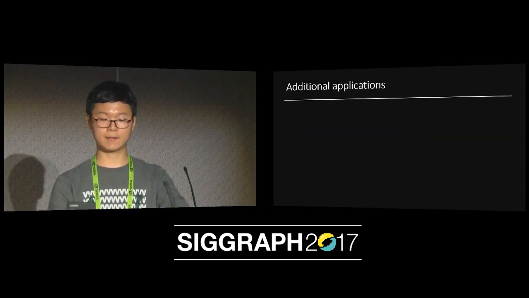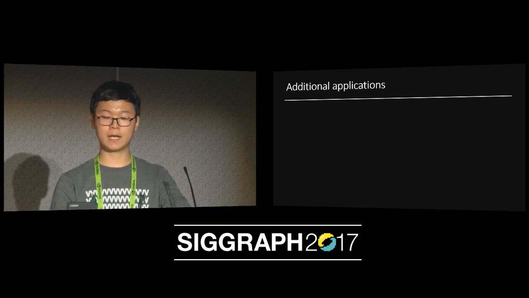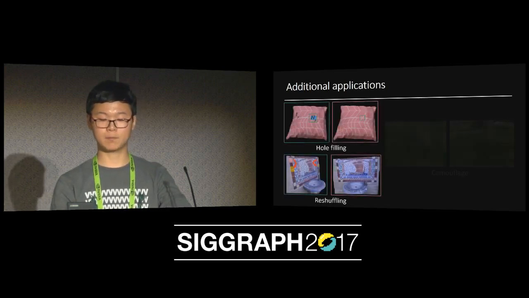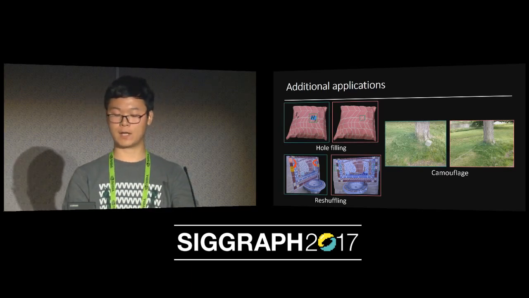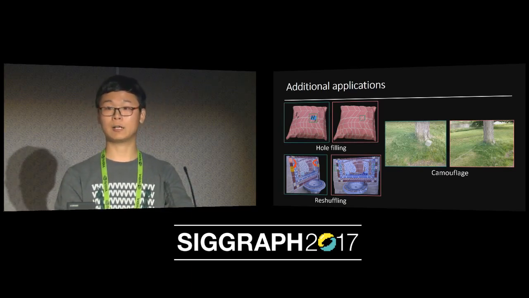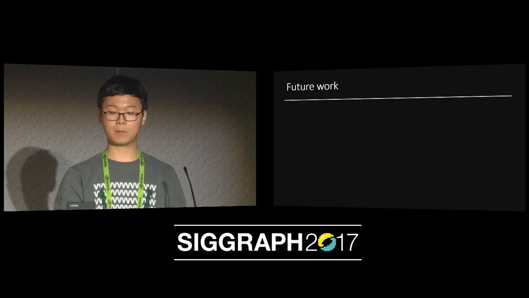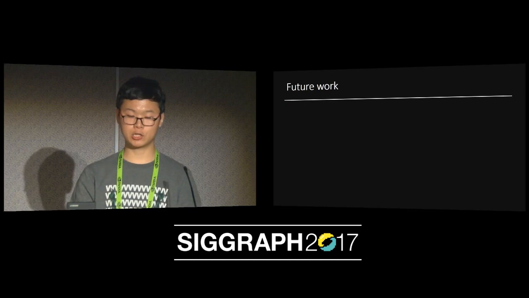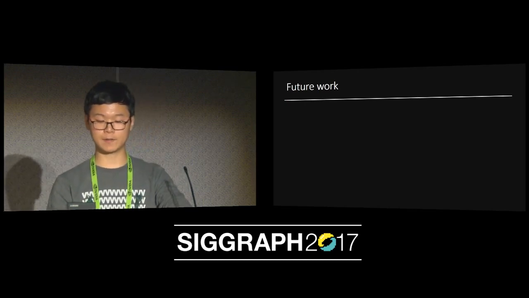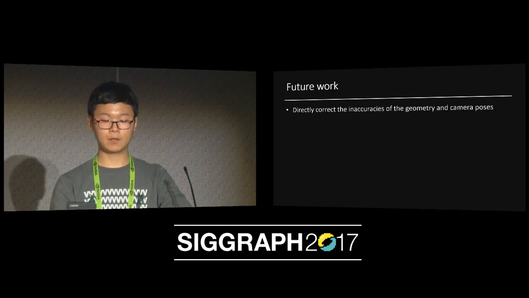Our patch-based optimization system could also be used in other applications, such as texture hole filling, reshuffling, as well as multi-view camouflage. For details, please refer to our paper. That's all for my presentation on our work. For future work, we would like to extend our system to directly correct the inaccuracies of the geometry and the camera poses. Also, we would like to use our system for wide baseline